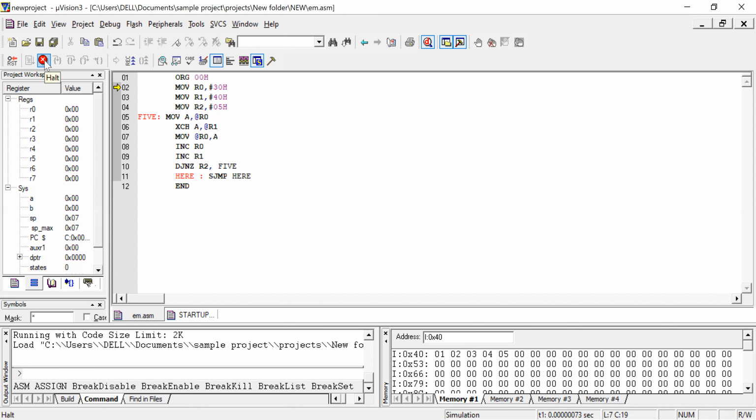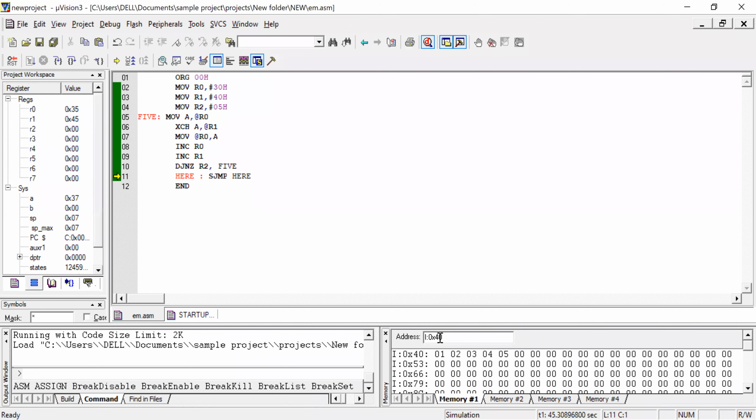See, in 40H, now it is exchanged. Previously it was 11, that is 0B something. Now it is 01, just exchanged. If you go and see this position, the data is now in sequence 1, 2, 3, 4, which is exchanged.